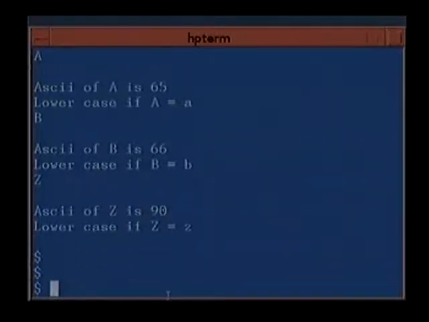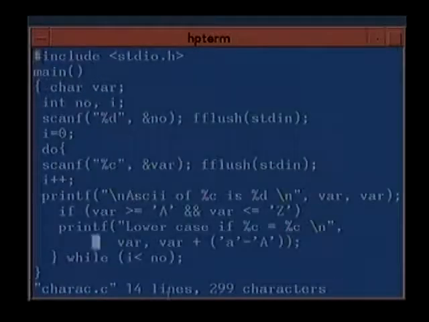So let's go back to the program. At this point, how have we converted from uppercase to lowercase? We have seen the uppercase, suppose it's 60. And then we find the difference between it and the ASCII value of the lowercase. You can do a subtraction or addition, because subtraction and addition here will be done in terms of ASCII values. So you find out the shift between the lowercase and the uppercase, and you just add it to the uppercase ASCII value. You automatically get the lowercase, provided you print it in %c format.